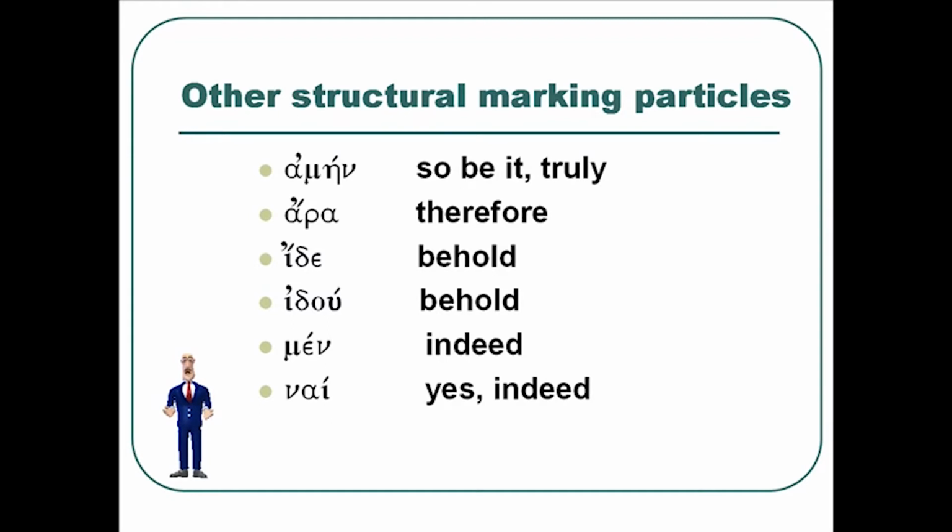So these last 6 screens or so give us the structural markers that are going to be critical for understanding how the discourse is connected, how the sentences connect one to another, how the paragraphs connect one to the other. And so these little structural marker words, you've got to really pay attention to them. They'll also indicate the time at which many of the verbs take place. And so they're absolutely critical in the Greek language. It's the little words in Greek that are key to really mastering the language. So pay attention to these structural marker conjunctions.